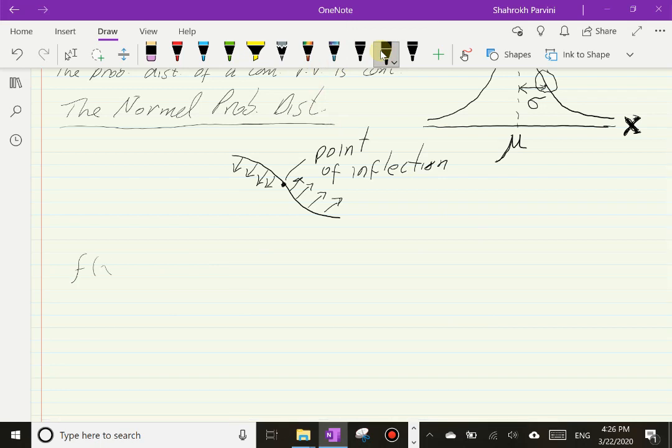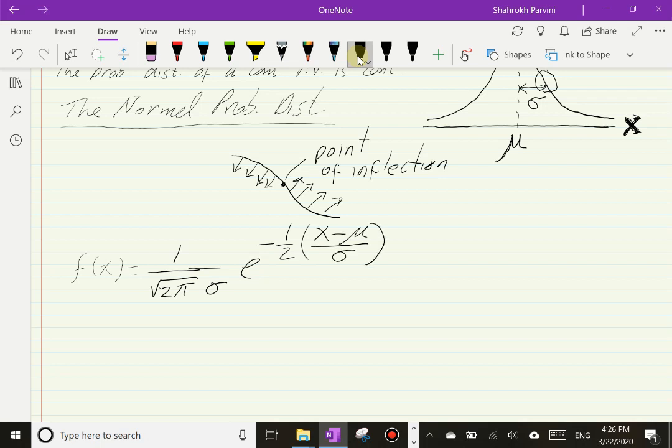For those again that are interested, f of x is equal to, let's see, it's going to equal 1 over square root of 2 pi sigma times e to negative 1/2 parentheses x minus mu over sigma, and then quantity squared. So it's kind of convoluted formulas. Now some of these,